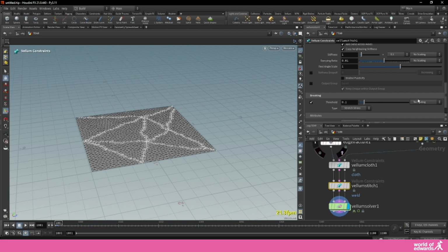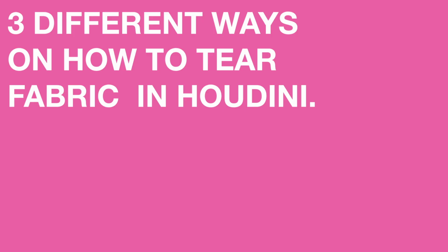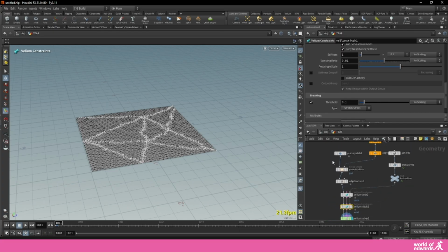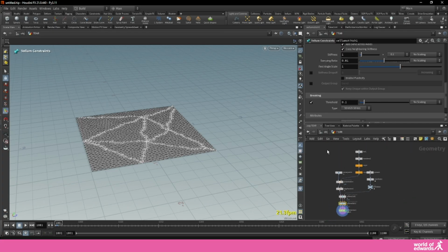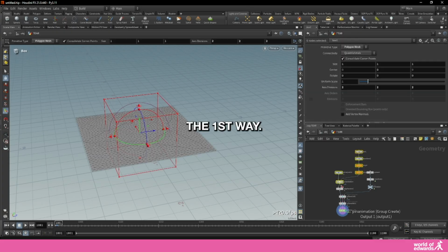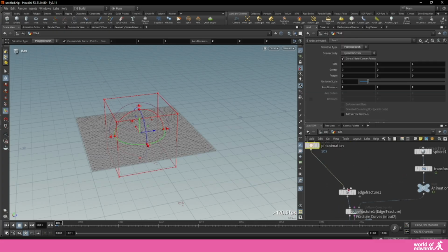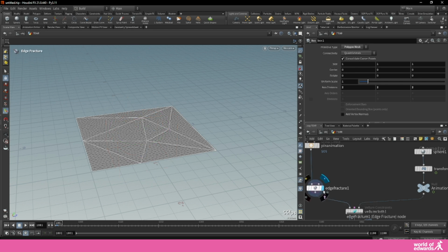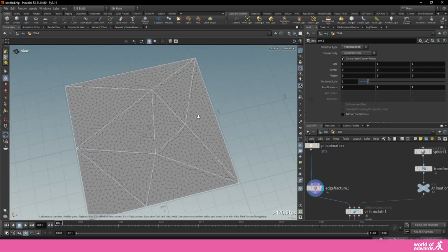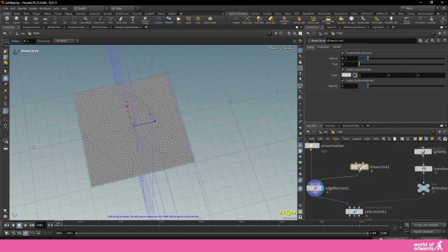So this is where you start getting into 3 different ways on how to tear fabric in Houdini. After you have your setup, this is where it starts to differentiate what you need. So I'm going to show you the first way. The first way is just using the edge fracture right here, and you could say, instead of having pieces like this, you could draw a curve, put it onto the